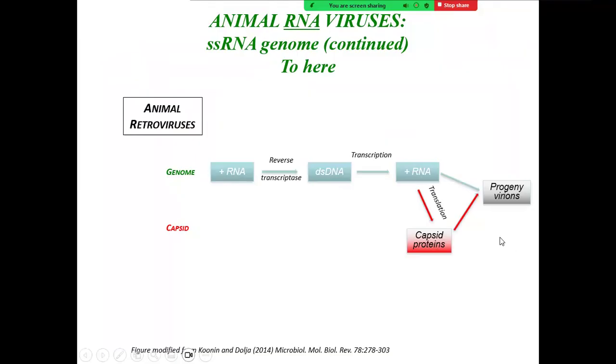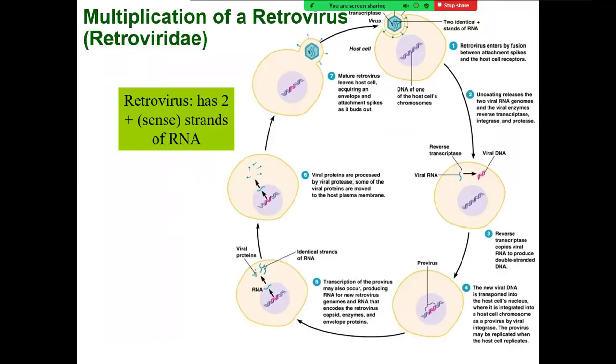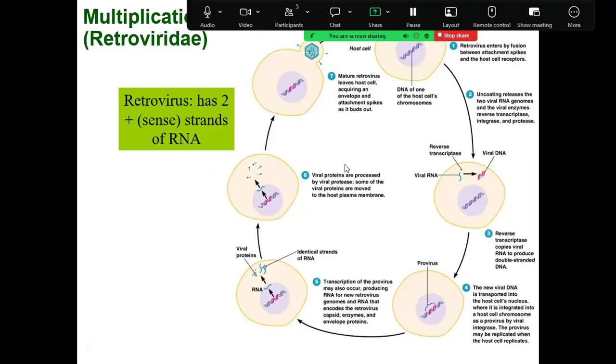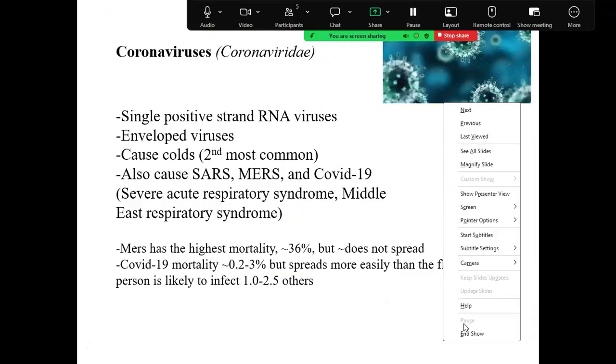The capsid proteins will get together with the newly replicated positive strand, single strand RNA to make the new progeny virions. And the new progeny virions will always bud out of the cell because this is a budding life cycle virus. And it will fuse with the cell membrane because it has an envelope. And then it will get inside the viral genome.